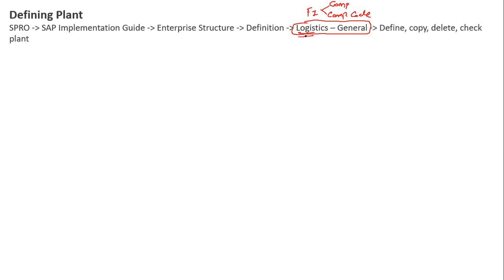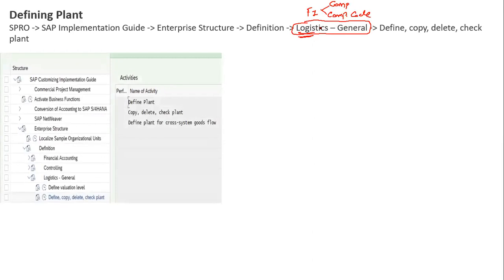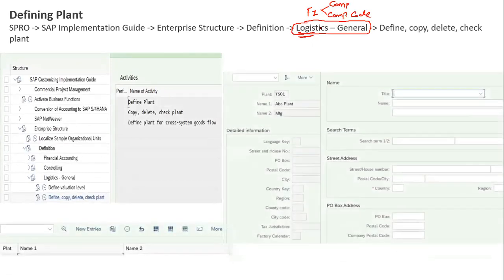So here we select Logistics General, and under it Define, Copy, Delete, Check Plant. Same process. I have given a path, just follow it, and you can easily create an organizational structure.